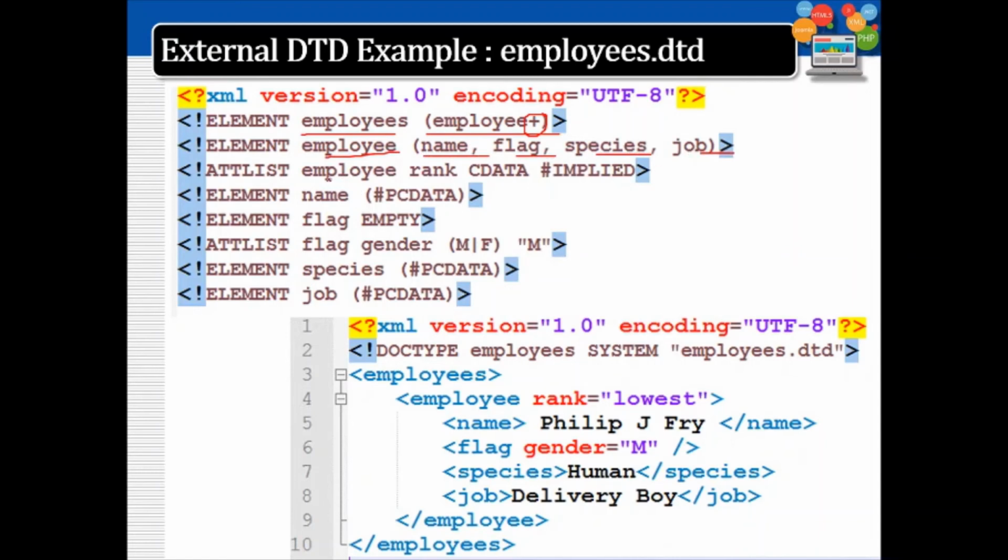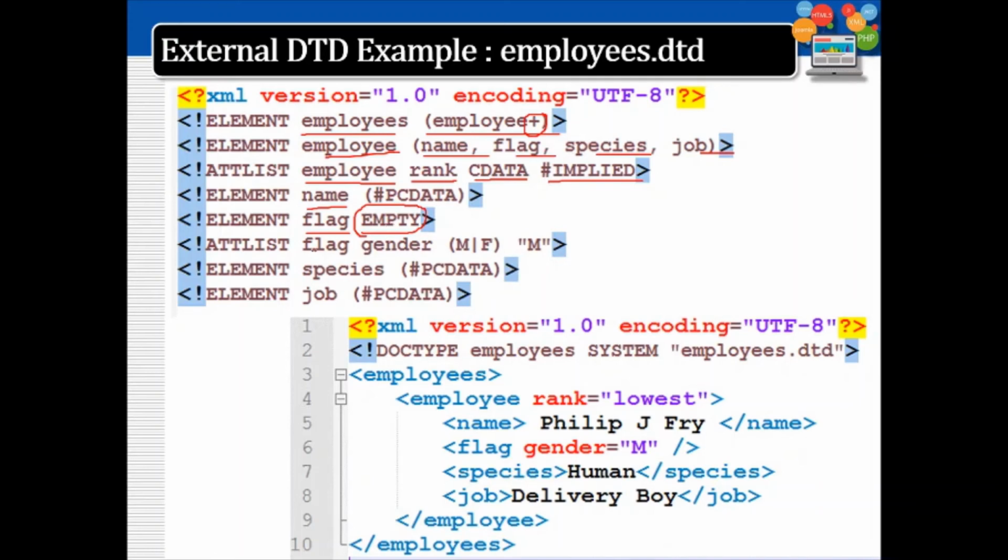Then employee also contains an attribute. Hope you understood this: the name of the tag, the name of the attribute, then the type of attribute is CDATA and it is IMPLIED. You can even skip it; there is no problem if you skip it. Then all these tags: name, #PCDATA, flag, EMPTY. So this is another usage. Flag is empty. This means this is an empty element.